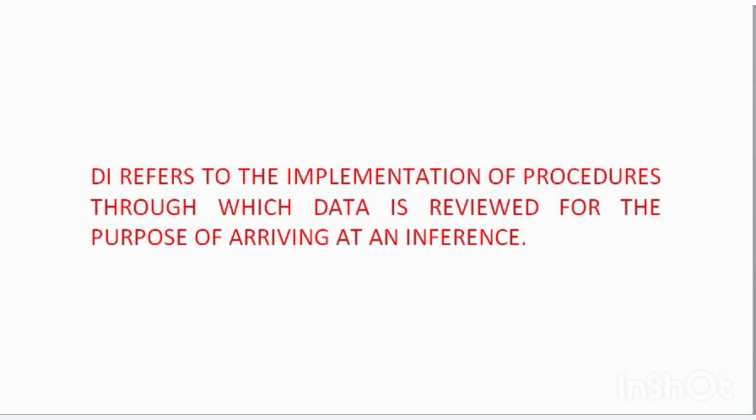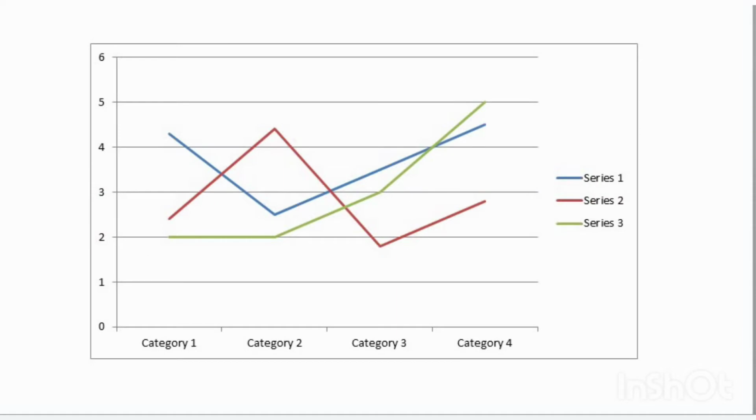And this data can be provided in many forms, mainly in four forms, that is, in the form of line graphs, pie graphs, bar graphs and table graphs. See, this is an example of a line graph. This blue line, red line and green line. Blue line indicates first it is decreasing, then increasing. And this red line indicates first increasing, then decreasing, then again increasing. And this green line is constant, right? Up to a particular level it is constant, then it slightly increases, then again it increases at a constant rate. So this is a simple example of a line graph.